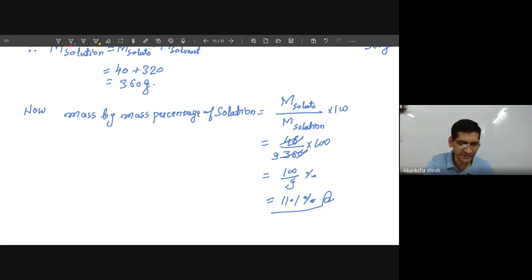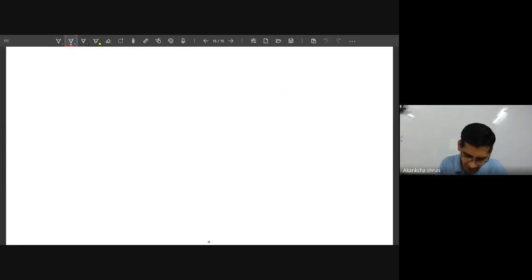So concentration, that we have discussed, how the concentration is defined. Now in this solution we have learned that the solute gets dissolved in the solvent. Now how much solute will dissolve in a solvent depends on various other factors. That is called dissolution, or the factors affecting dissolution. So what are the various factors which are affecting the dissolution?